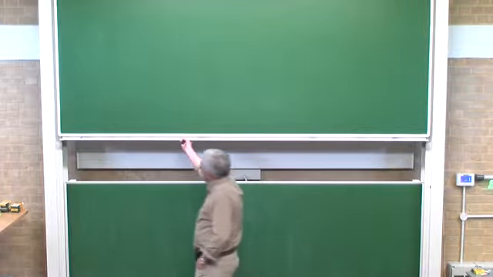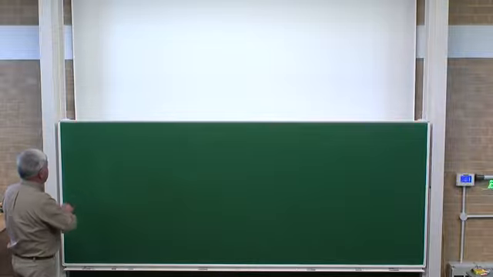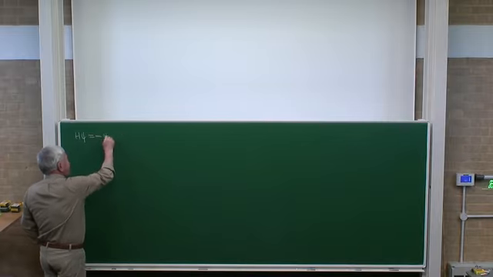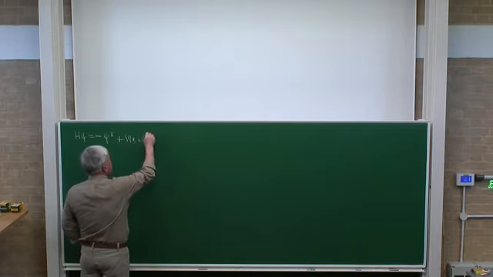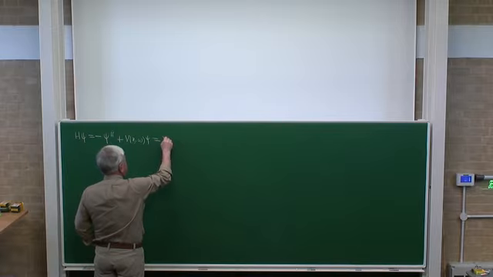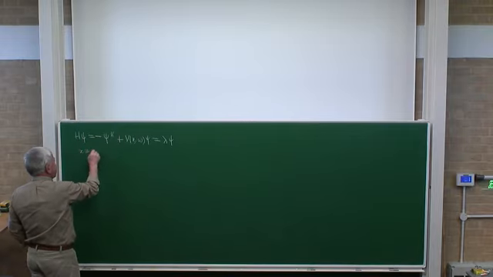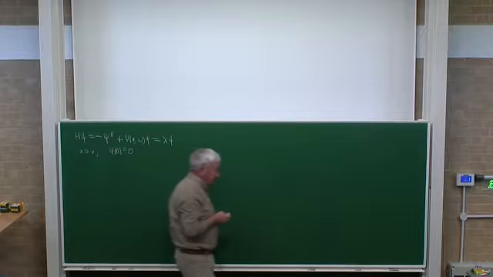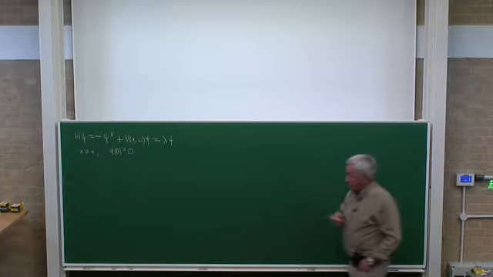But I will discuss the following standard situation. We have some one-dimensional Hamiltonian with a potential, and we consider the spectral problem H psi equals lambda psi, x greater than or equal to 0, and assume that we have a Dirichlet boundary condition, zero boundary condition. And we consider a potential of one of two following simplest types.